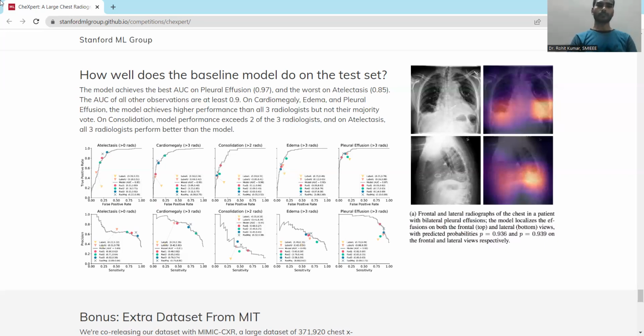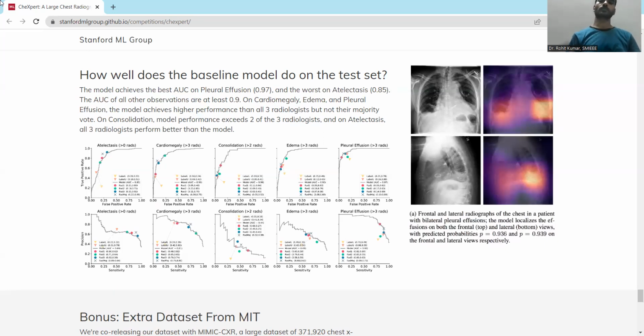Particularly, the CheXpert dataset contains more than 200,000 chest radiographs, and those are from more than 60,000 patients. So you can see how vast this particular dataset is. These radiographs are from both the frontal and the lateral views, and the automated chest X-ray interpretation is supposed to be done with respect to the labels and the radiologist label references. So these are some of the details from my side. If you are interested, you can explore from your side also.